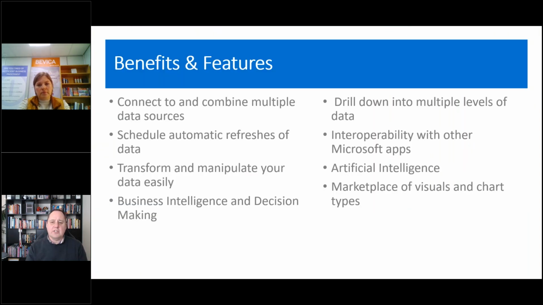So, some of the features. You can connect and combine multiple data sources. It's rare that we find a data source that we can't connect to out of the box, but most of the time, even those, we can bring them in. And combining different data sources is also where the power is.